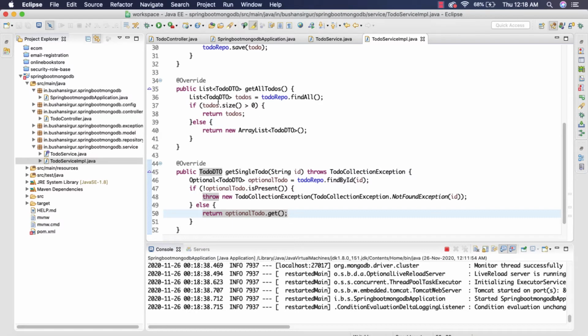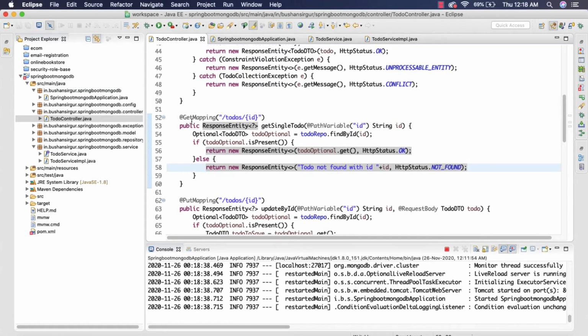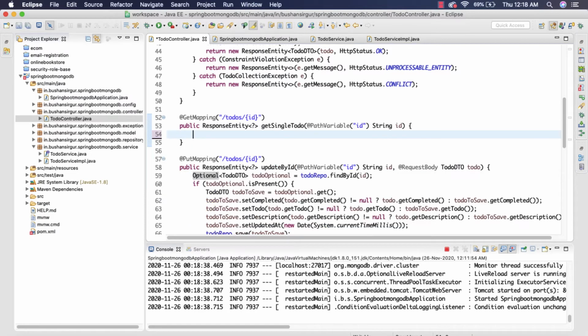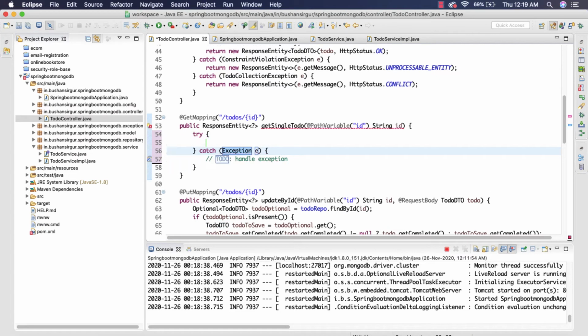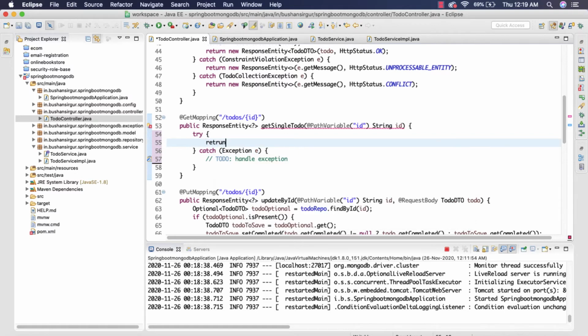So all we need to do is refactor our request mapping. So let's go to the controller, and we have this get mapping. So what I'll do is I'm going to get rid of this code inside this try catch block. Inside the try block, I'm going to make use of this todoService to call the service method. So return